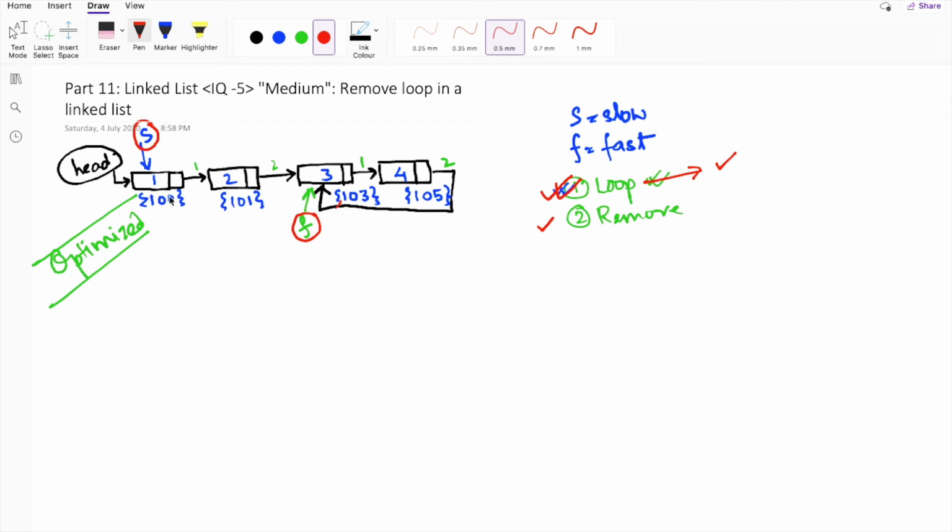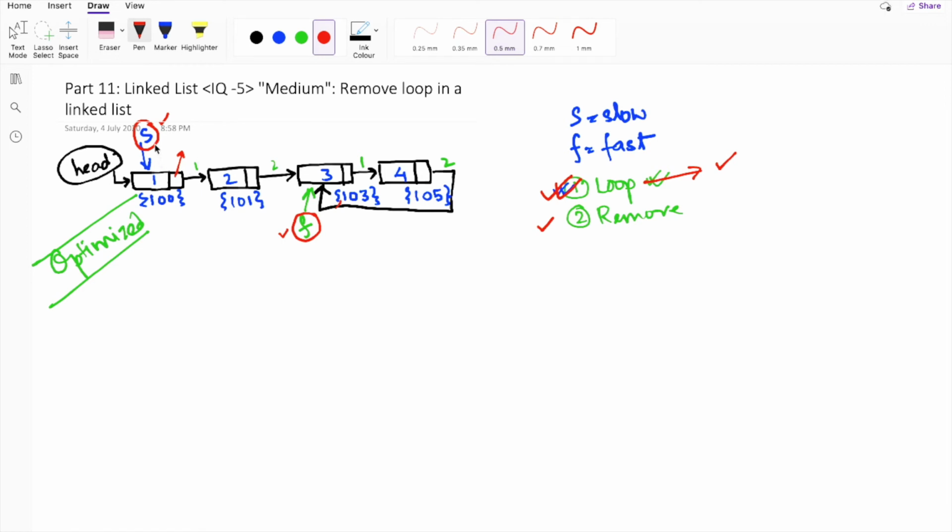Now from here we will move the slow pointer and the fast pointer at normal speed, that is one step at a time. Before moving forward, we will check whether the next addresses they are pointing to are equal or not. If they are equal, then we will stop the iteration there.